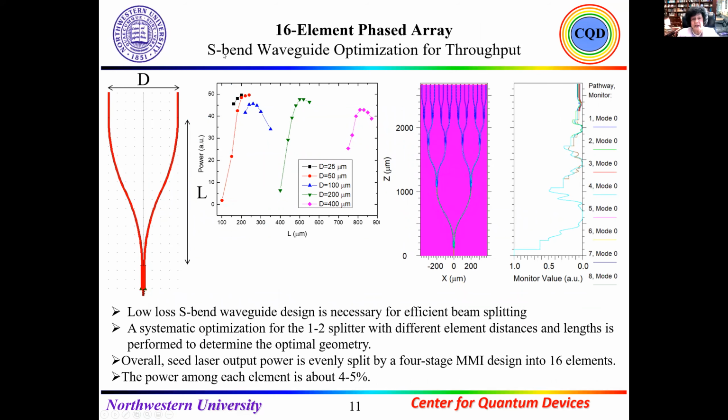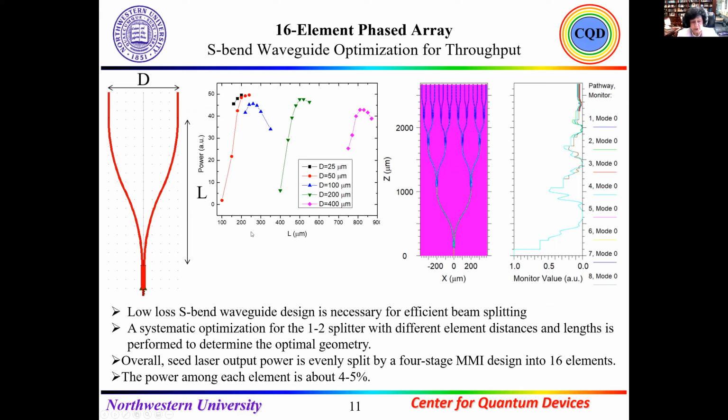At the same time, we do a kind of S-band waveguide optimization for throughput. The low loss S-band waveguide design is necessary for efficient beam splitting, and the systematic optimization for the 1 to 2 splitter with different element distances from each other is calculated and optimized to determine the